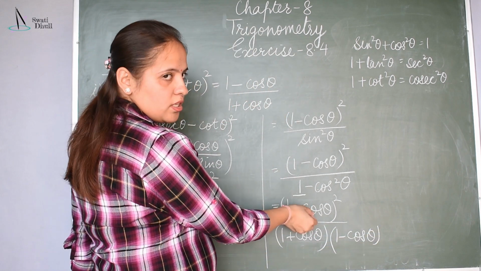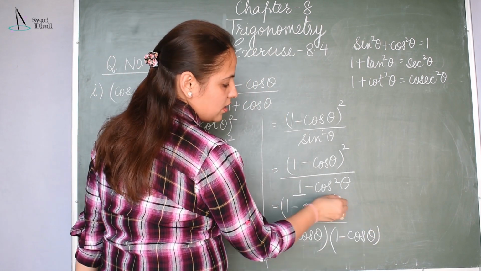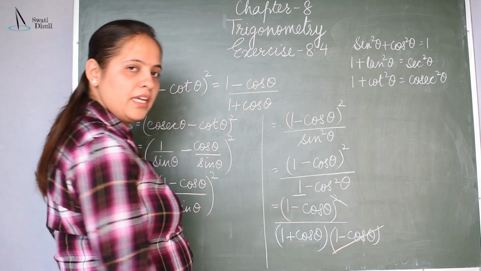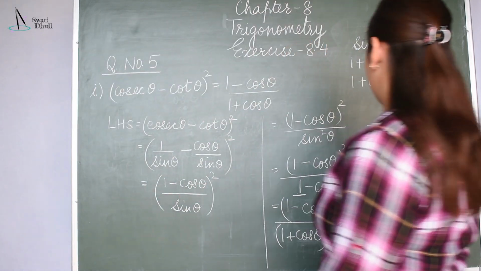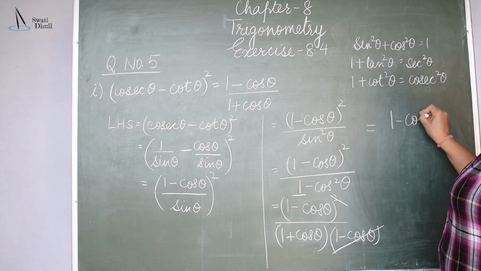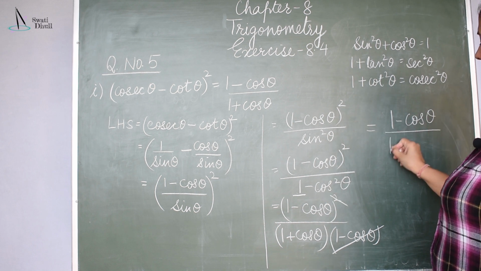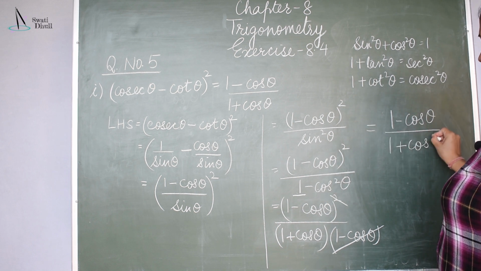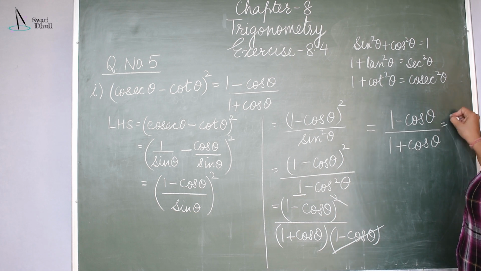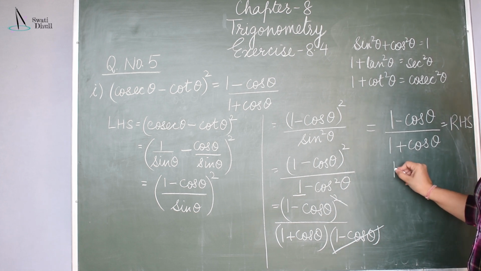Now see, (1 minus cos theta) whole square, one factor of 1 minus cos theta will be cancelled out, and what you will get here is (1 minus cos theta) divided by (1 plus cos theta), and that is equal to RHS, hence